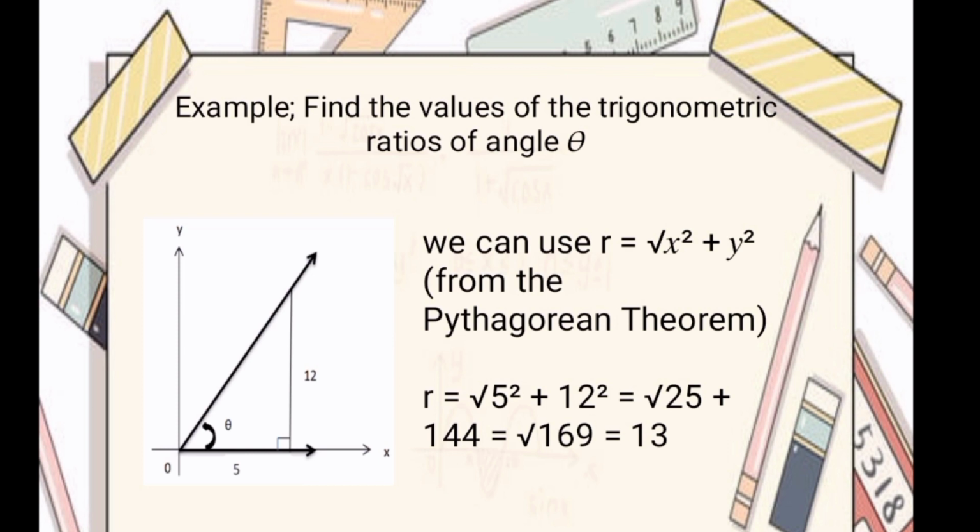But before we can find the values of the 6 trigonometric ratios, we need to find the length of the missing side. So we can use r is equal to the square root of x squared plus y squared from the Pythagorean theorem. Our x is 5, which is the adjacent, while our y is 12, which is our opposite side,